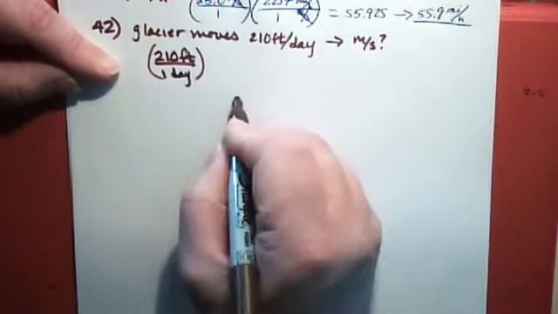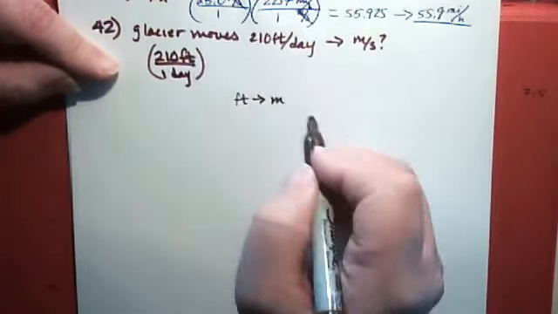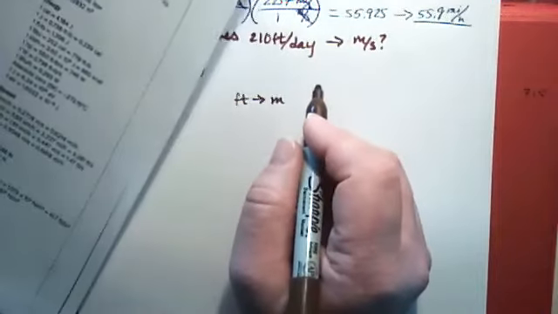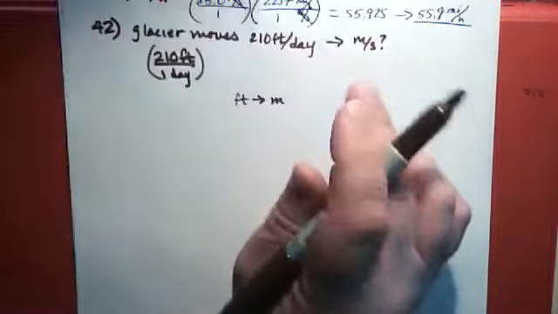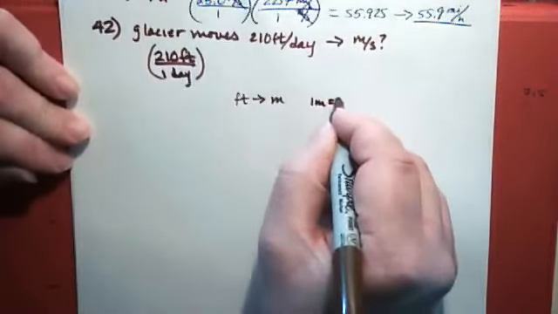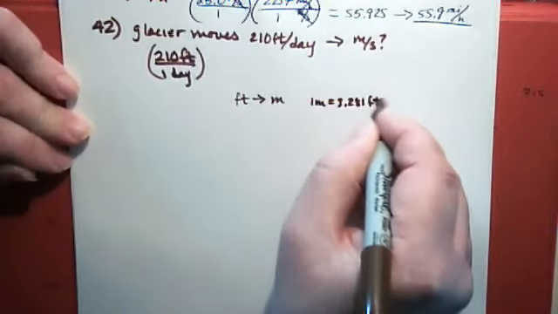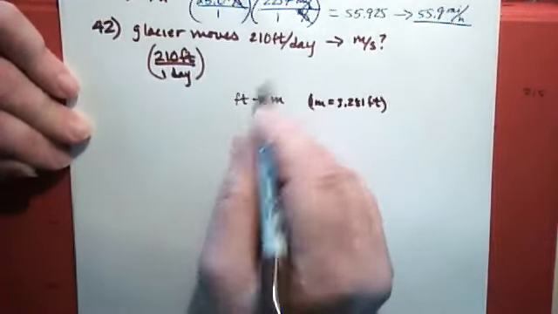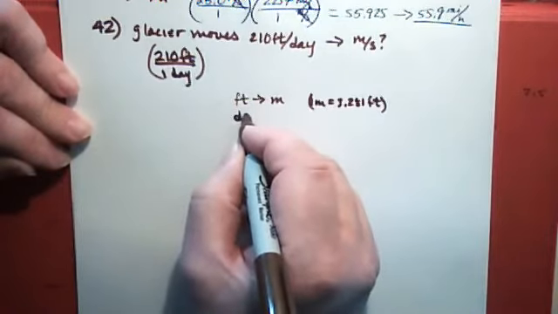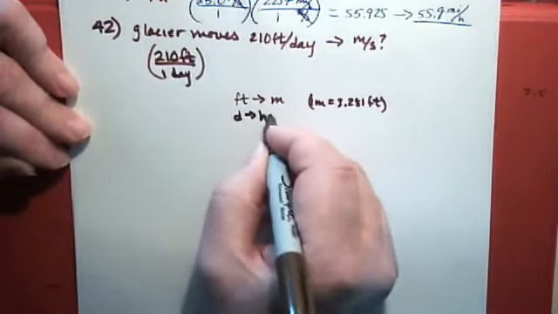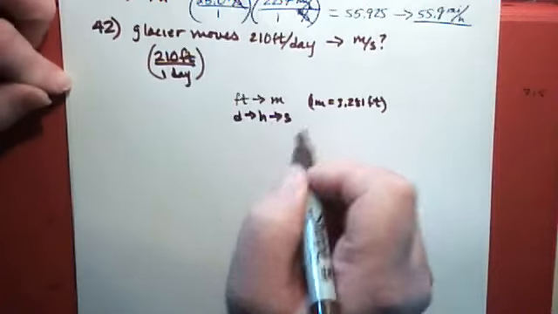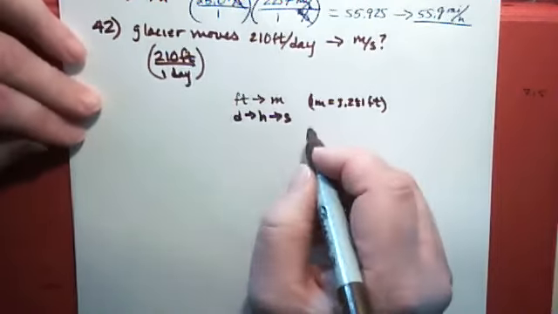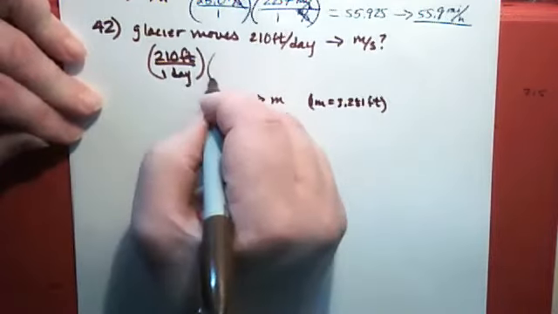For the changes, we're going to have to go from feet to meters. And for that, I believe there is a conversion factor in the sheet here. Yeah, 1 meter is 3.281 feet. Okay, so we got that. We can do that in one step. From days to seconds, that's going to be a little harder. How about days to hours to seconds? You could also go days to hours to minutes to seconds, but we'll try to keep it to a minimum. Okay, so